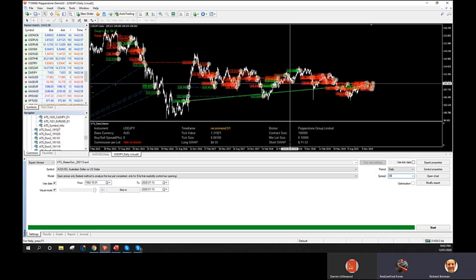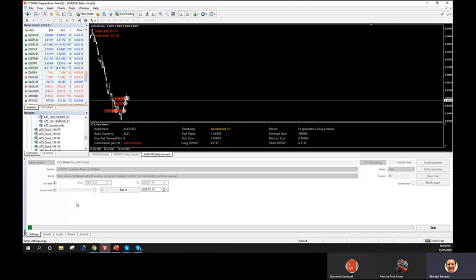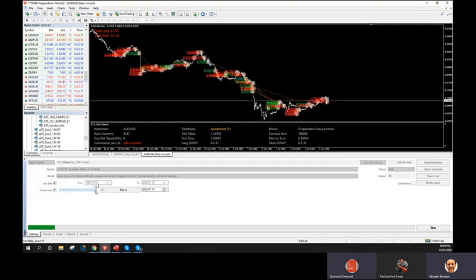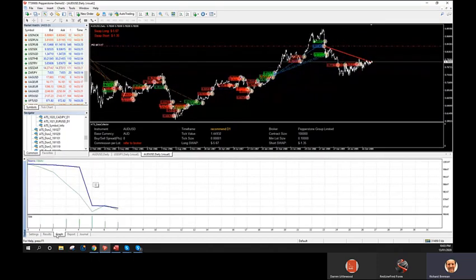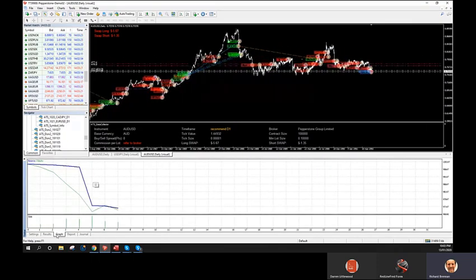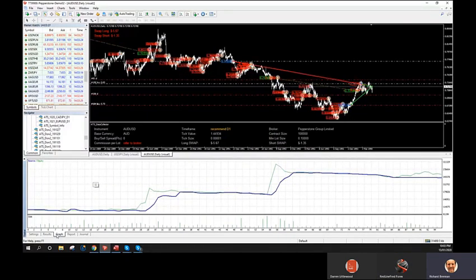Show me Bitcoin. I want to see Bitcoin. No, yeah, Bitcoin. No, so we're going to do AUD USD, just to convince you. This is another very long-term test, and then we'll go to Bitcoin. So here we go. Here's AUD USD. How does this one go? Let's speed this up very fast. Unfortunately, the equity curve won't be able to keep up because this is now going through very fast. But at least visually, you'll be able to see what's happening.